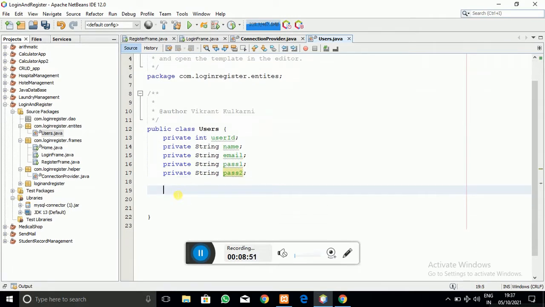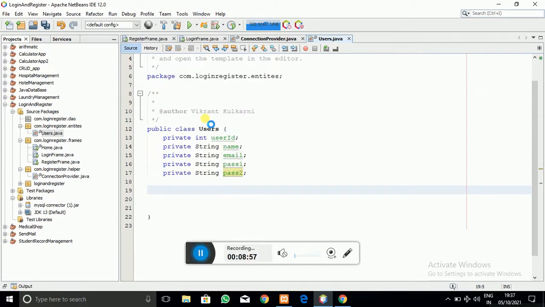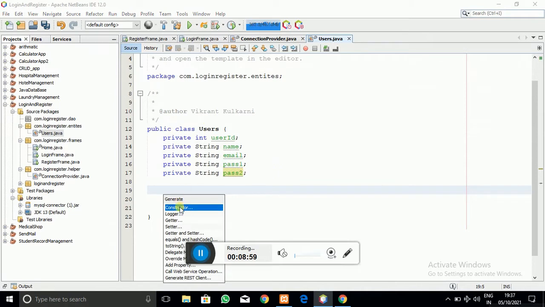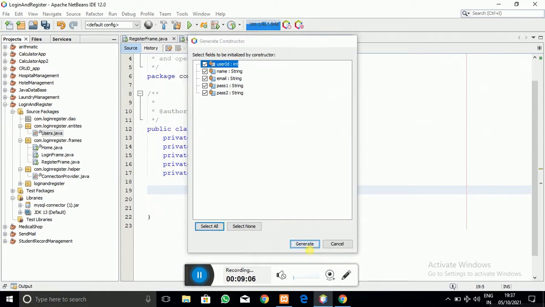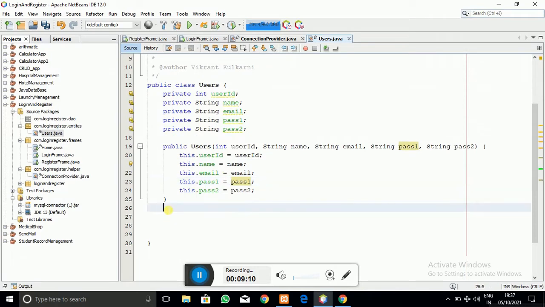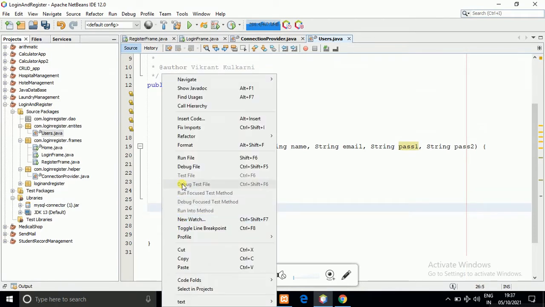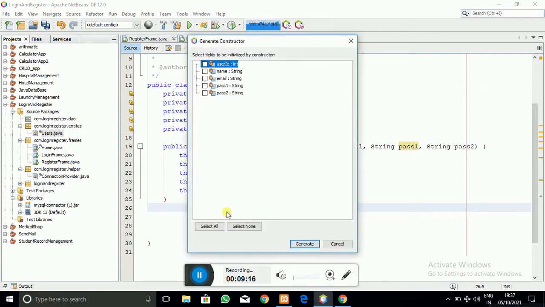Okay, now we require a constructor. To add the constructor you just right click and click on the Insert Code button, and click on Constructor. Just select all those fields, and click on Generate, and the constructor with those fields is going to be created in front of you. Now I am going to create another constructor. Into that I select all except the user ID. So click on Generate,